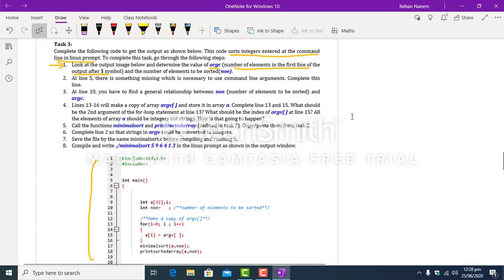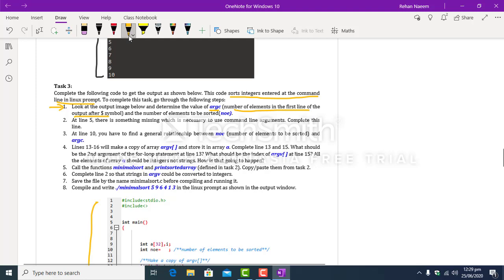So store the number of elements to be sorted in this variable NOE, which stands for number of elements. Okay, now let's go to step number 2.